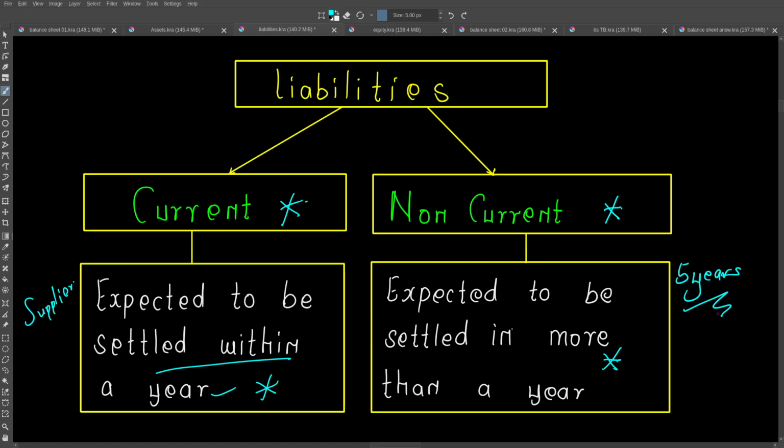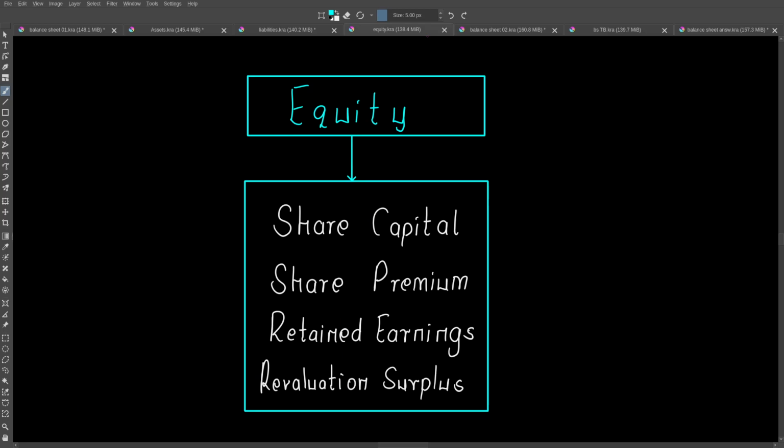So this is a non-current liability. It will take you more than 1 year to settle that liability. So basically that is a classification of liabilities. Then we have equity. Equity is usually the owner's share